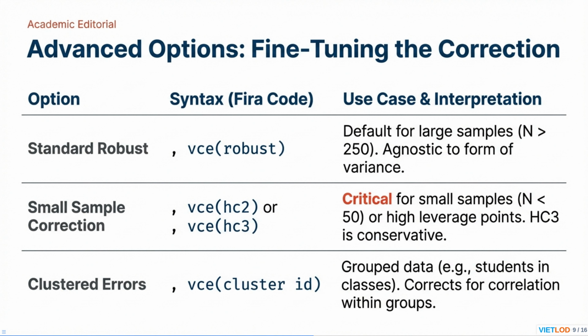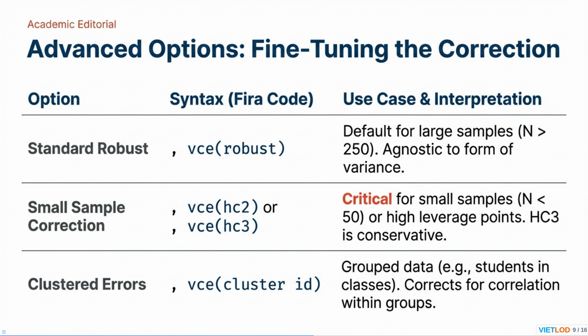Standard robust errors are the default choice for large samples, typically where n is greater than 250, as they remain agnostic to the form of variance. For small samples under 50, or datasets with high leverage points, using HC2 or HC3 is critical, with HC3 providing